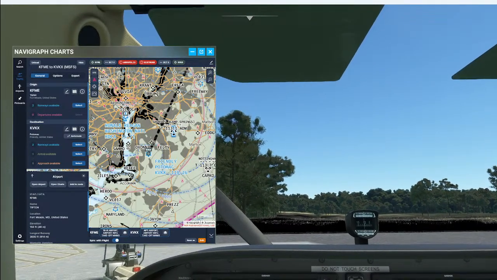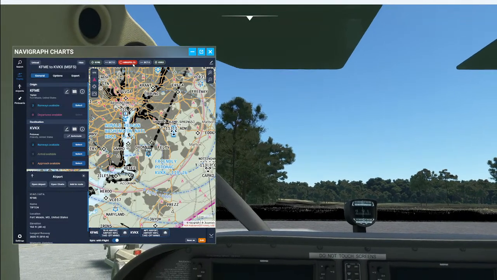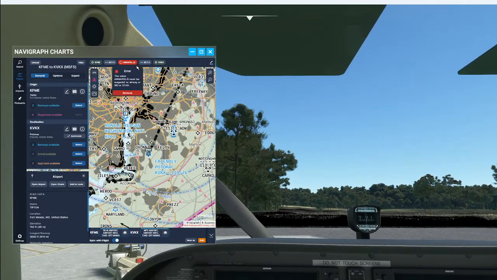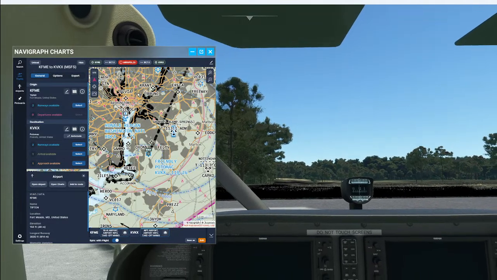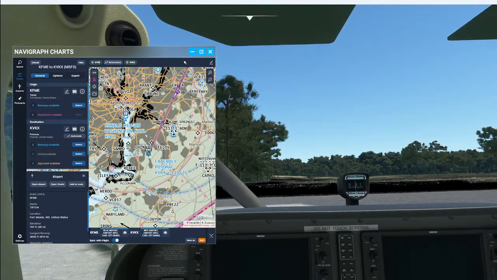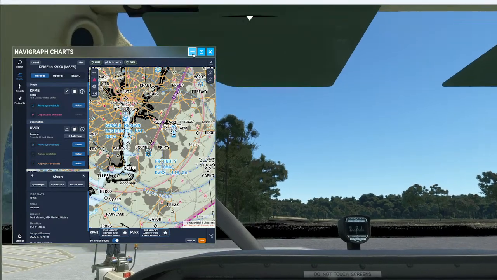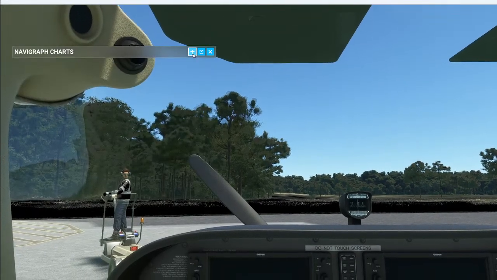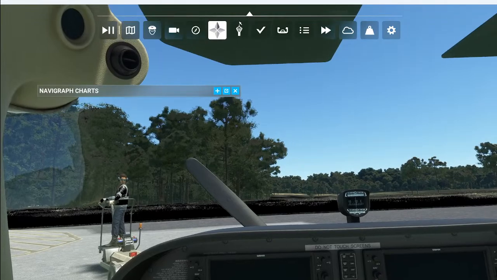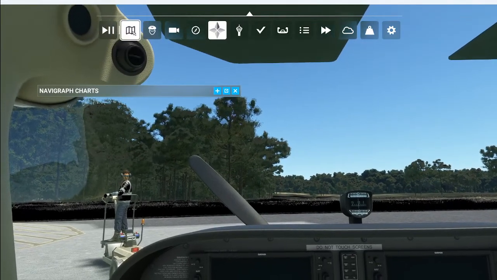So I can't use these airports as my route. I'm learning. Because I need to use waypoints instead. So what we're going to do is figure out what waypoints we're going to use. All right. So we're going to go between the map and